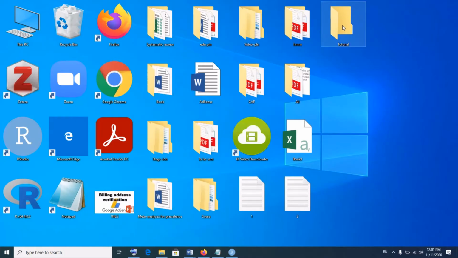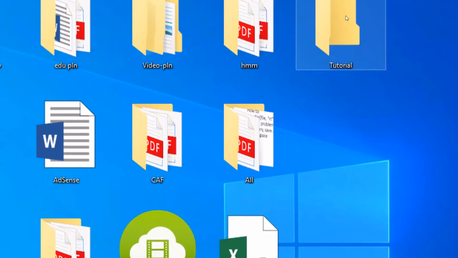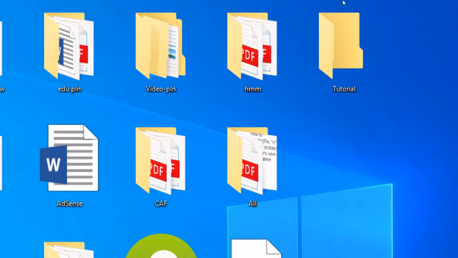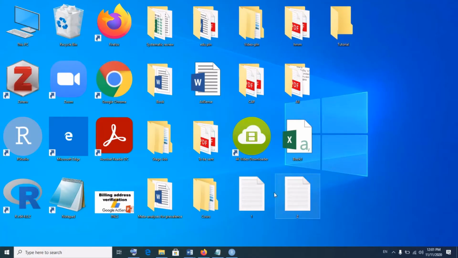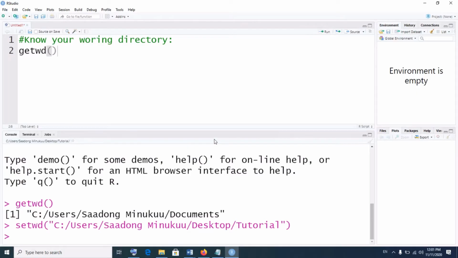So we have tutorial being created here. As you can see, this tutorial, our work directory folder is here, right here. Tutorial is created here. Now we'll create another work directory, a different work directory for that matter. We will not use tutorial using the second method that I want to show you. If you want to use the code, let me write here. We say set your work directory. How do you set your work directory? How to set